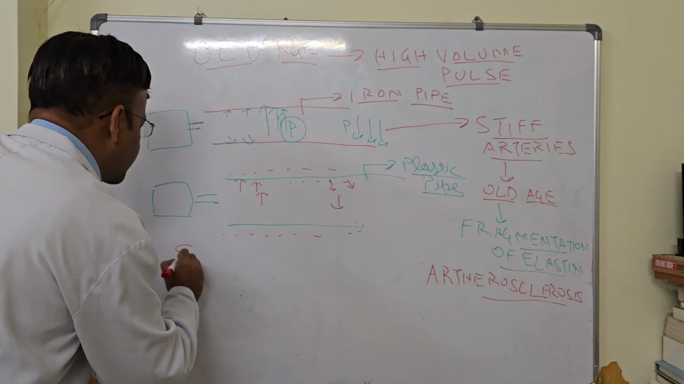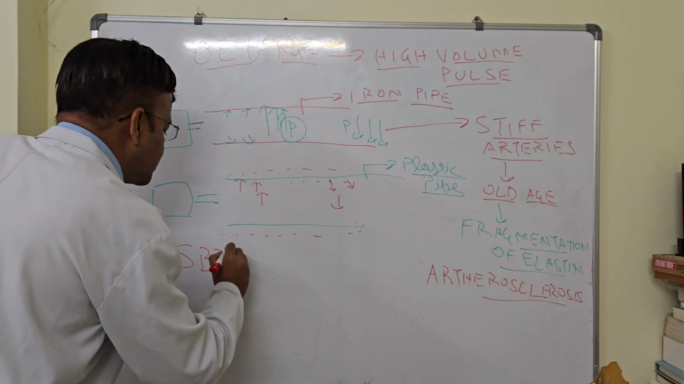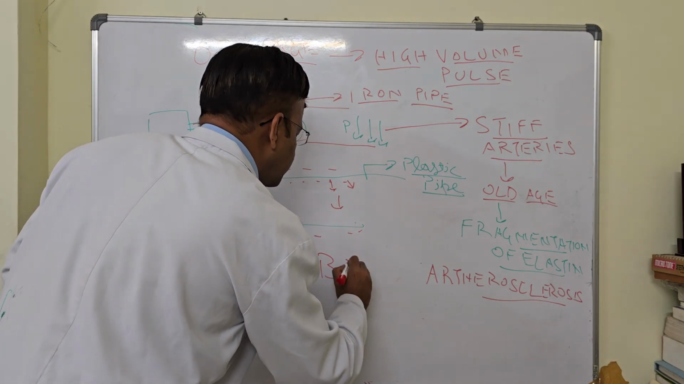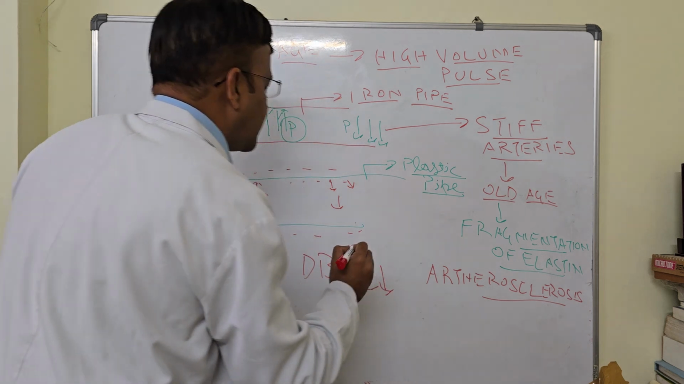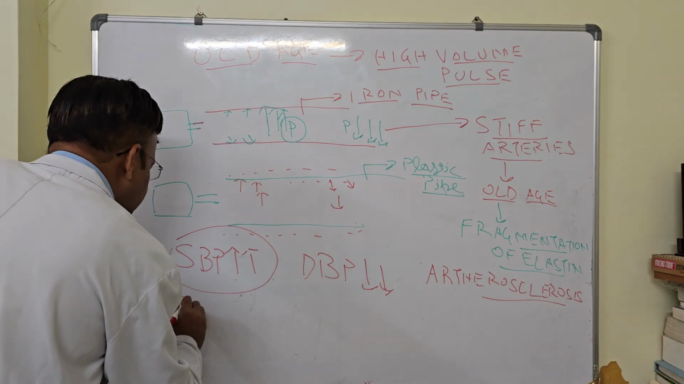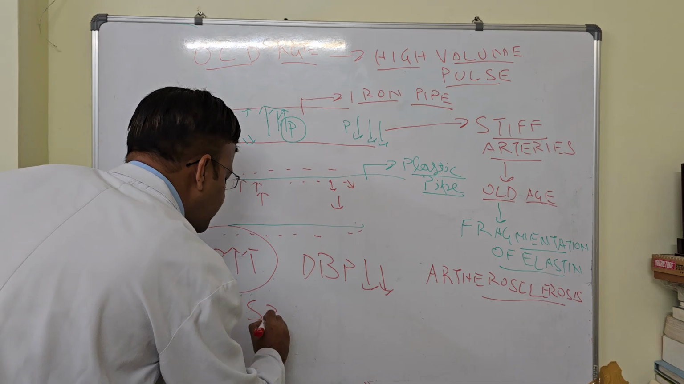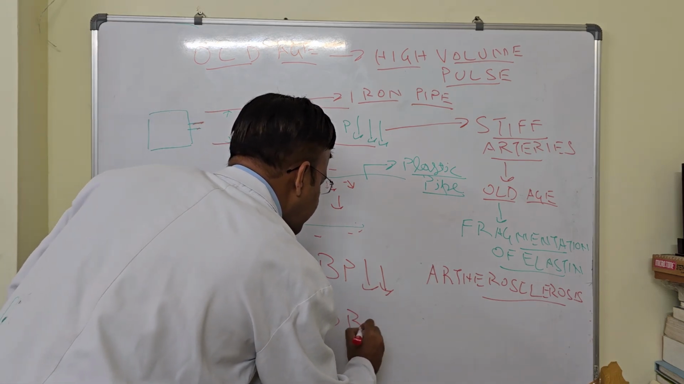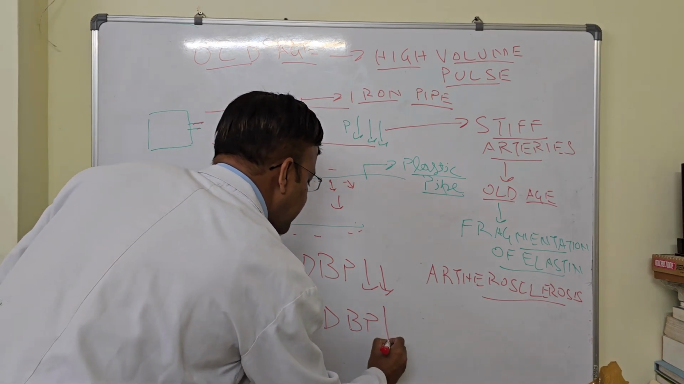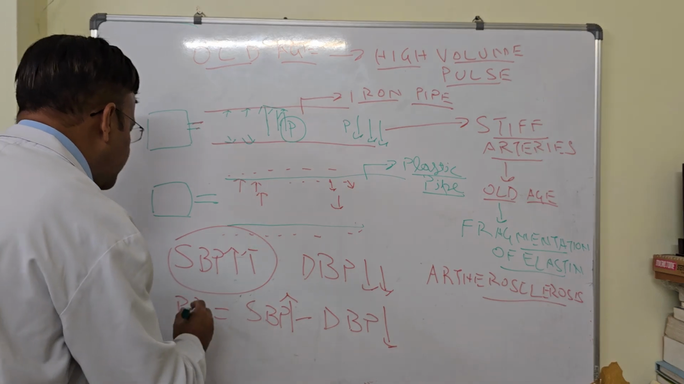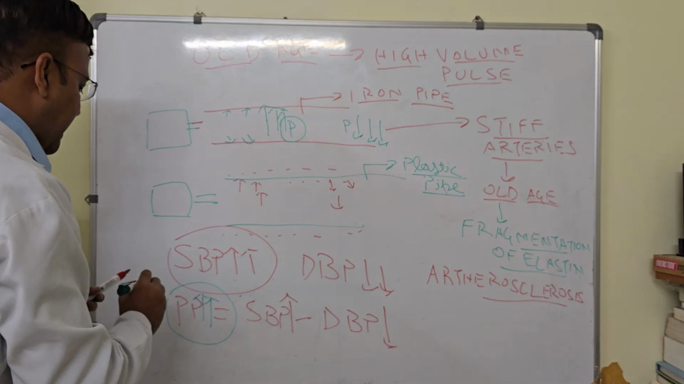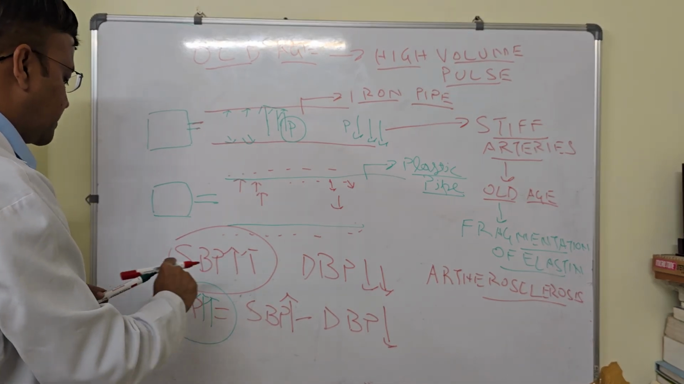So your systolic blood pressure will be high because it's not going to expand to accommodate it. Your diastolic blood pressure will be low because it is not going to contract to accommodate according to the lower blood pressure. So your pulse pressure is basically systolic blood pressure minus diastolic blood pressure, right? Since the systolic is increasing and diastolic is decreasing, your pulse pressure is going to increase,